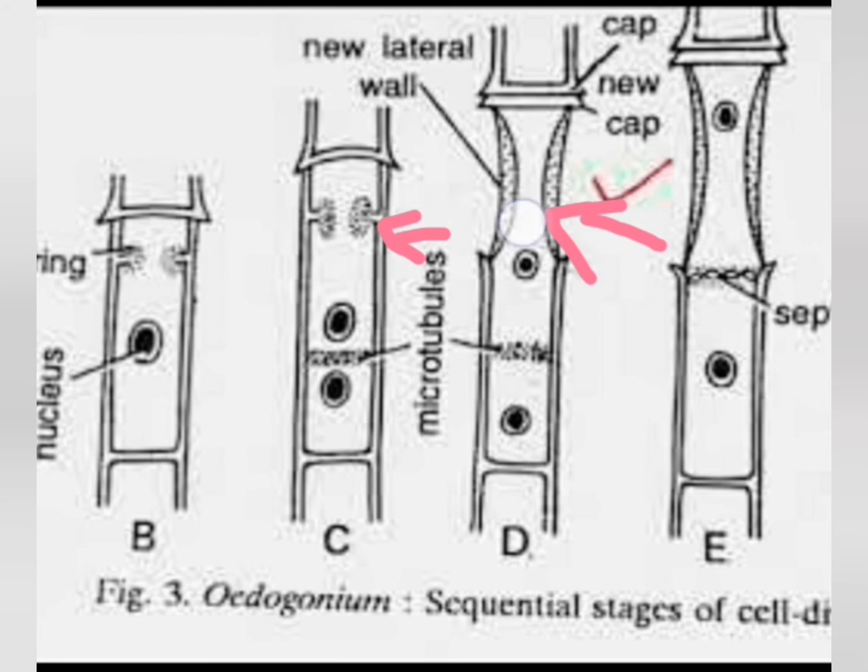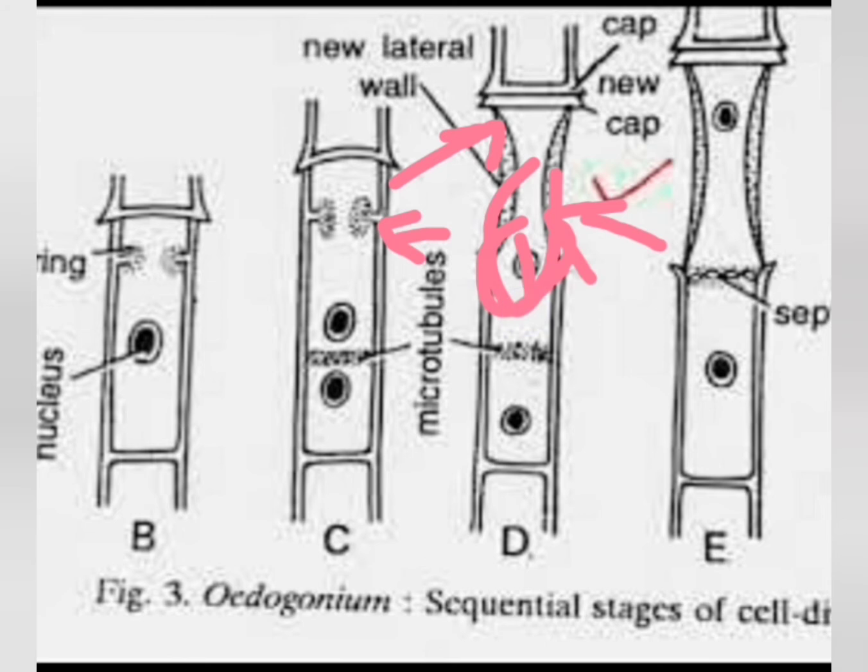Okay, so this new cell which is formed, the ruptured cell wall remains attached here to the anterior end as a cap. It is called a cap. You can see here a new cap is formed. It is also known as the apical cap, whereas the other part remains at the